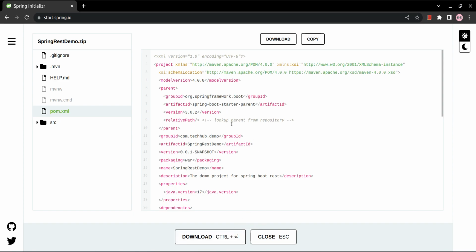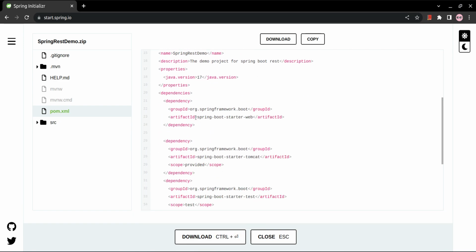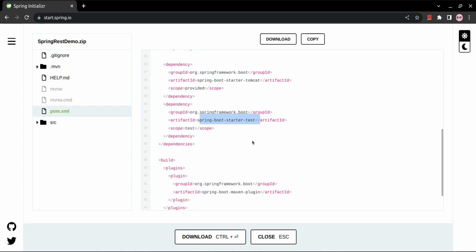Okay, so what else do we need? Here we just need web, so it is the web starter, and this is the Tomcat starter, so embedded Tomcat will start. This is a testing related library, and another one we need to add is validations. We have not